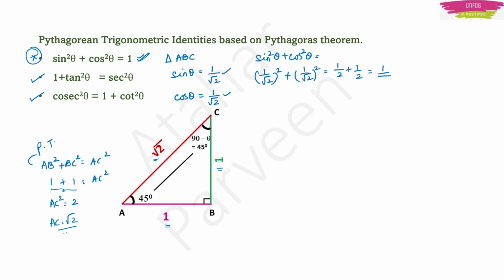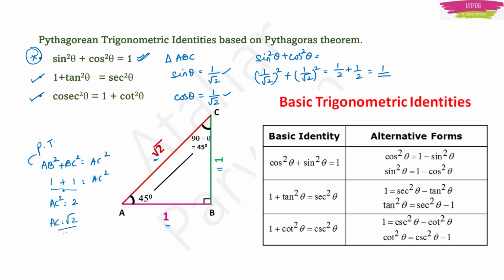Now these three identities also lead to a few other identities. In total you will have 6 identities. Because cos square theta plus sin square theta is equal to 1 can also be written like this. It can also be written like this. 1 plus tan square theta is equal to secant square theta can also be written like this or like this. Correct? Or 1 plus cot square theta is equal to cosecant square theta can also be written like this and